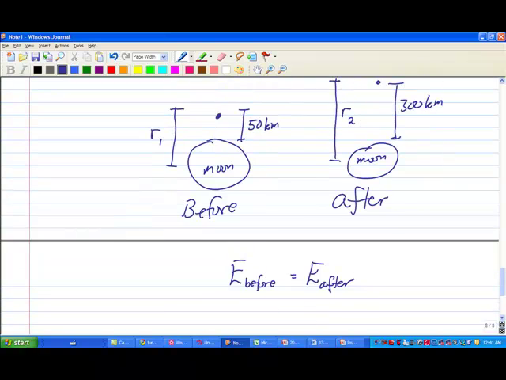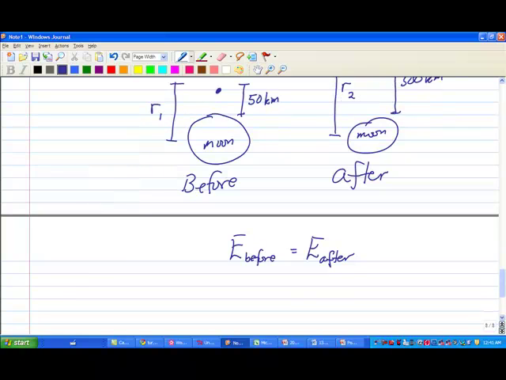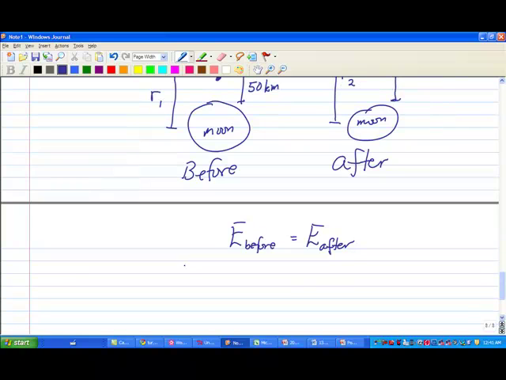And in the before picture, the satellite is orbiting the planet. It's orbiting the moon. So that means it's got to have some